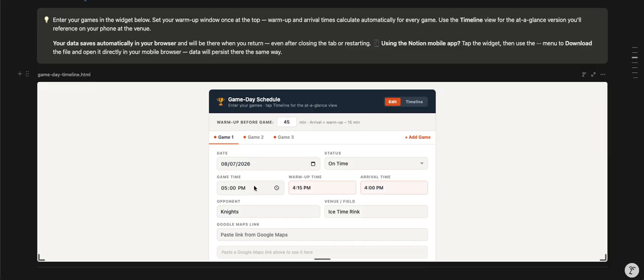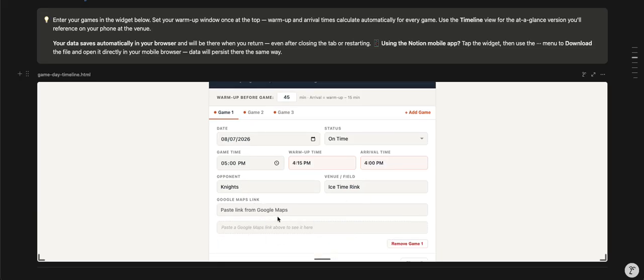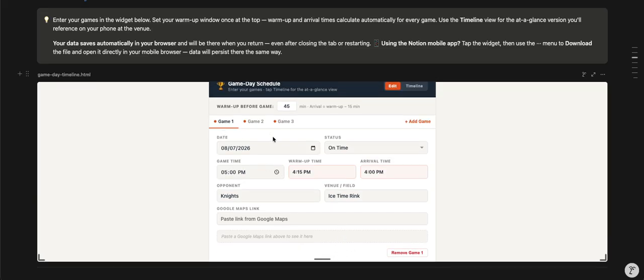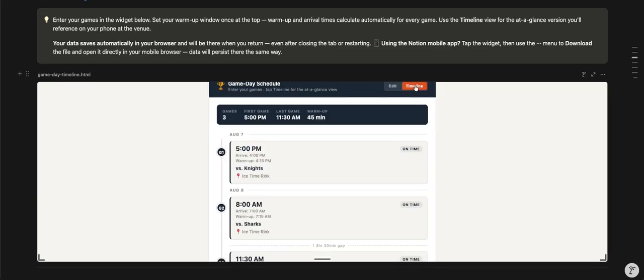So you put in the date, the time of the game, and then warm-up time and arrival time will give you a little buffer before the warm-up time. These will calculate automatically based on the warm-up time that you give it at the top. Put in the opponent, the venue. If you have a link to Google Maps for the venue, you can put that in here and it'll give you the Google Map. Do that for each of the games, and then when you click timeline up here, it